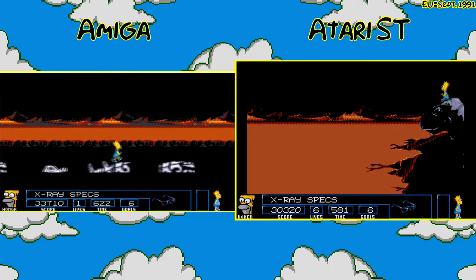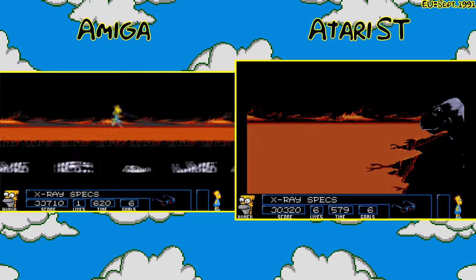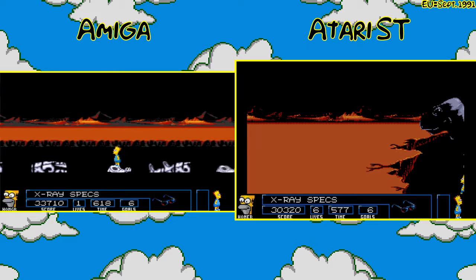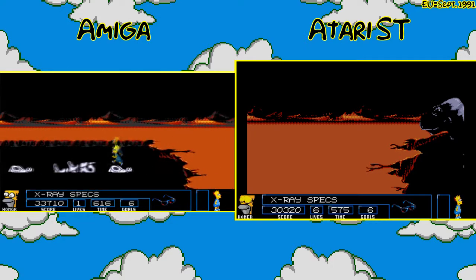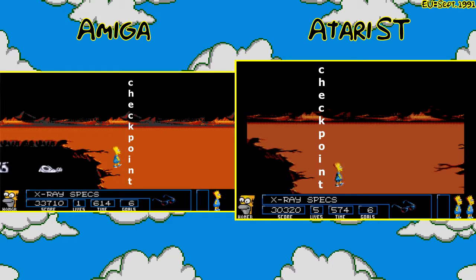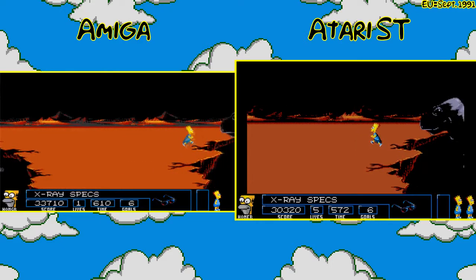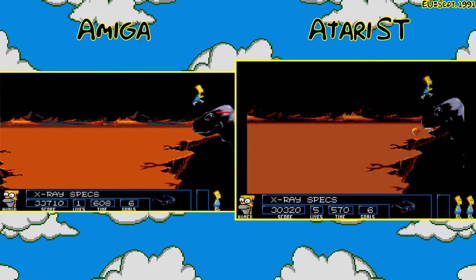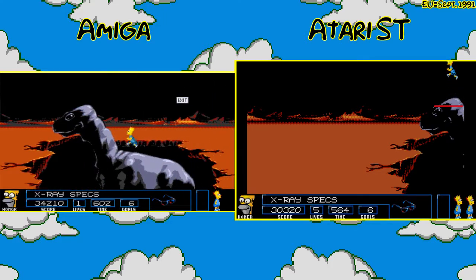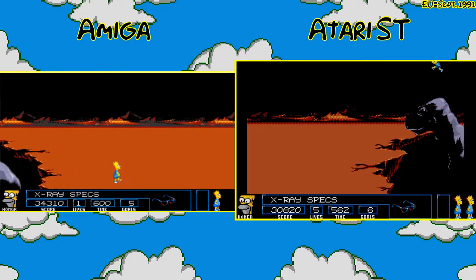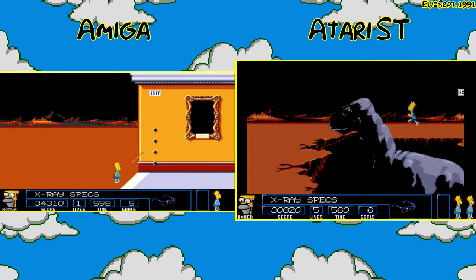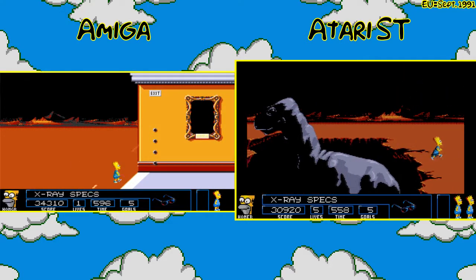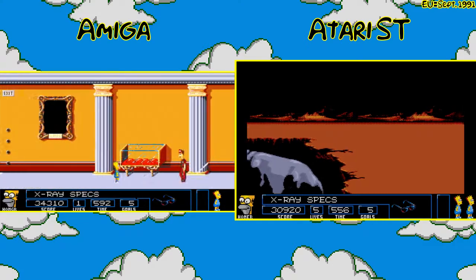But if you actually go in front of the boss, it's not that easy to jump back. So you'll most likely end up dying, so you might not want to do that, but just know that it's easier to jump ahead of the boss. Not only that, but the platform that the boss has in order to jump on his head seems to be way bigger than it is for the Amiga, and there you can tell where I was able to move past the